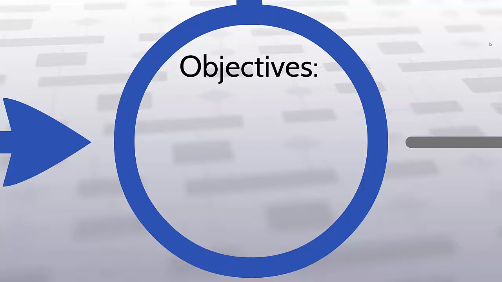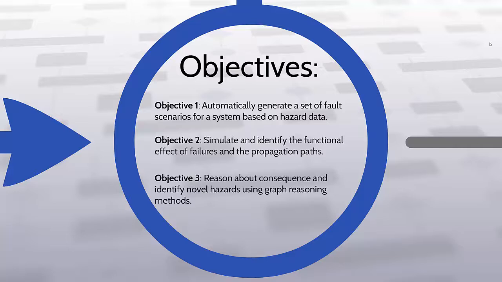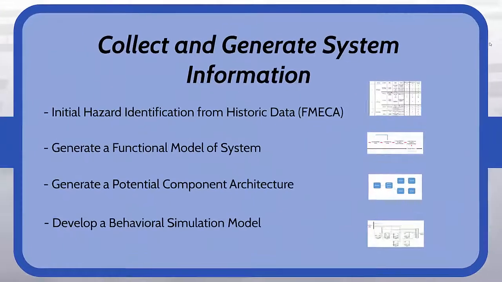We developed a verifiable research process to meet three objectives. We need to be able to identify from historic data the potential hazards a new system could face. Then, we need an approach to simulate a significant number of those failures in complex combinations. Finally, we need to identify if those failure scenarios should be of significant concern to the designers. Now let's look at this process in a little bit more detail.